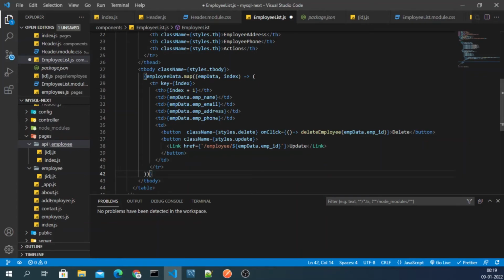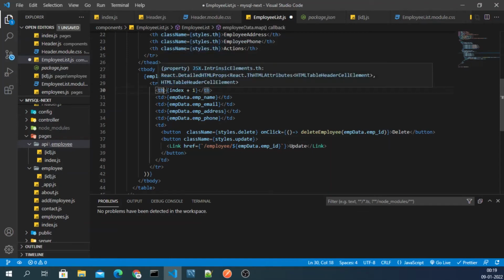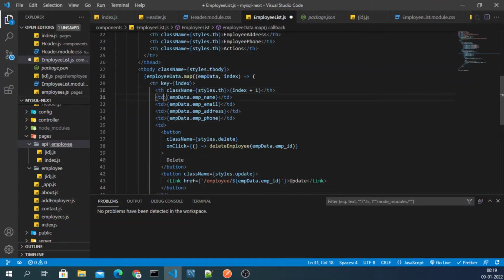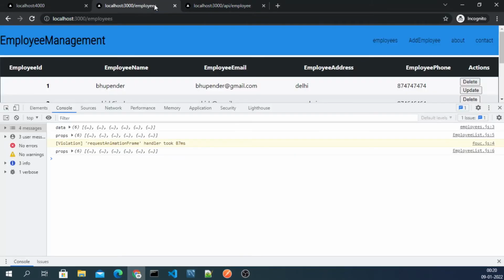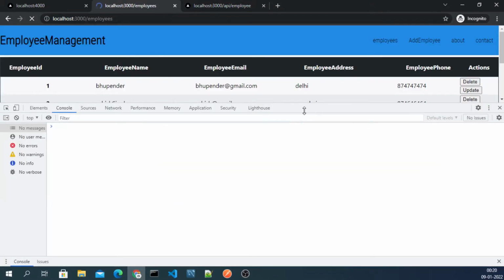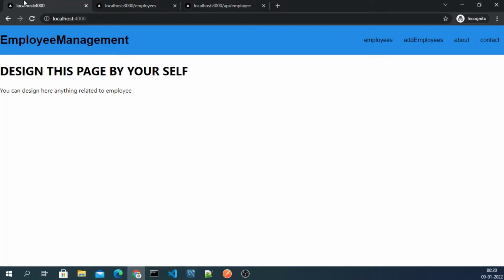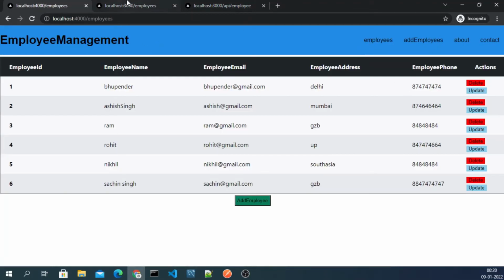Okay, we need to give style here as well. Simply copy this thing from here. We need to give this here as well, like this. Okay, and save it. And now if we go here and check, okay guys, it looks similar I guess if we click here. Okay, yeah, it is similar.